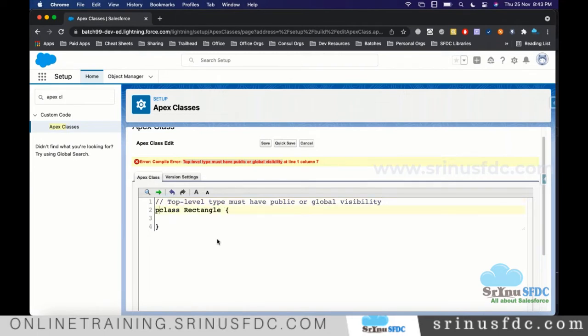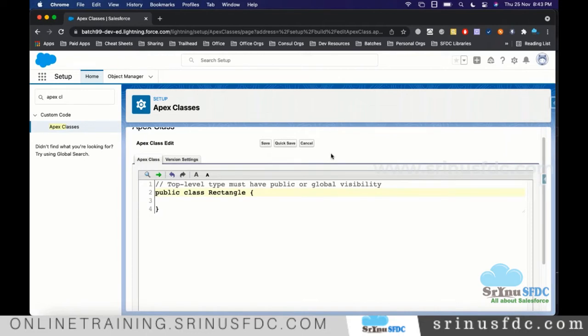In order to save successfully, I'm defining it as public. Now the top level class we are creating is public, so it should allow it. I'm just saving, and we created one Apex class successfully. Syntax wise it is correct.